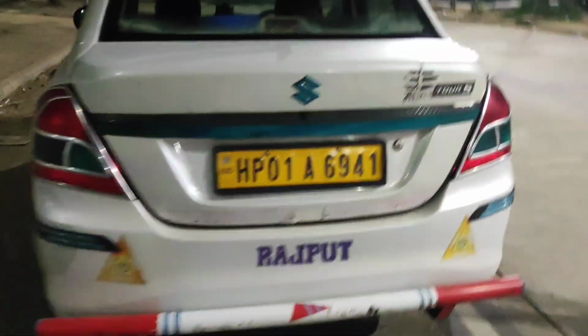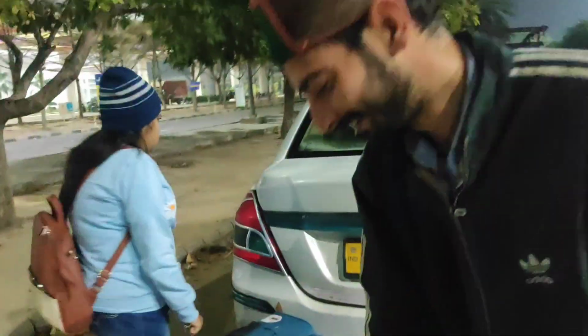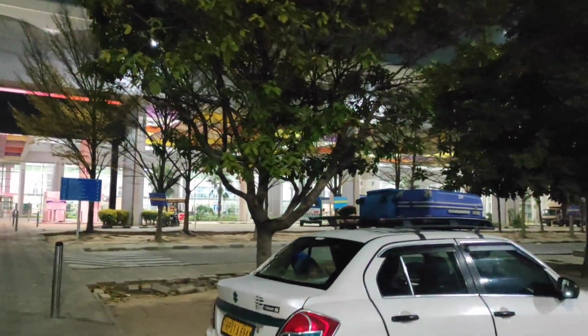So that's why we spent a lot of time waiting inside the airport for security and safety purposes. Then we left the airport at 2 o'clock at midnight. At that time the outside temperature was very low, around 6 to 7 degrees Celsius. We had already booked our entire trip through a travel agency, so they sent our cab for the next 6 days, and that guy is waiting outside